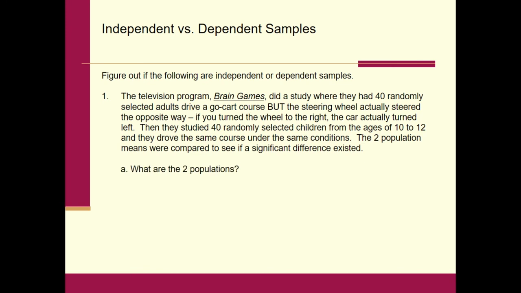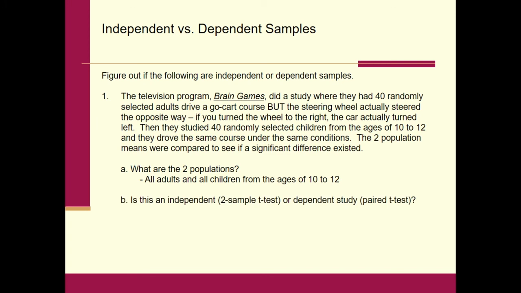So, what are the two populations? What do you think? What are the two populations? Two populations are, we got all adults and all children from the ages of 10 to 12. Okay? And B, is this an independent study, meaning we're going to do a two-sample t-test, or a dependent study, paired